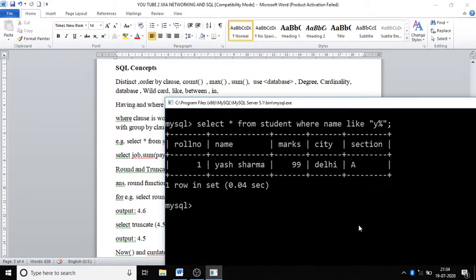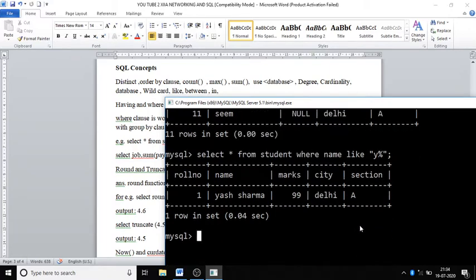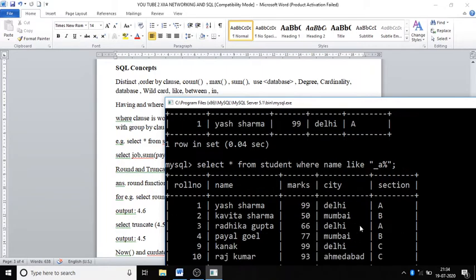Suppose I want to see the names of students whose second character is A, and then n number of characters may be there. So you can see second character is A. Underscore represents a single character, percent represents n number of characters, and these two are known as wildcards. And like operator is used with wildcards.